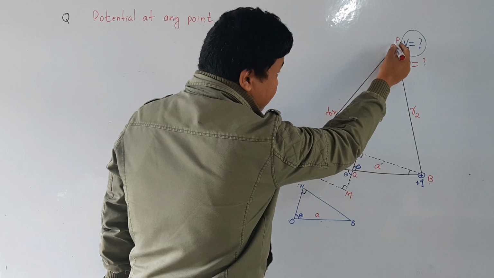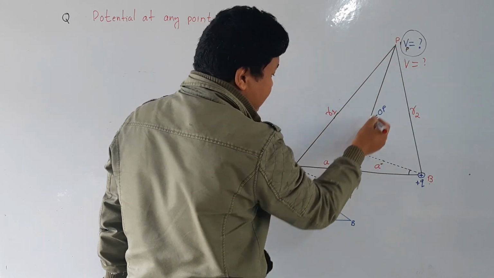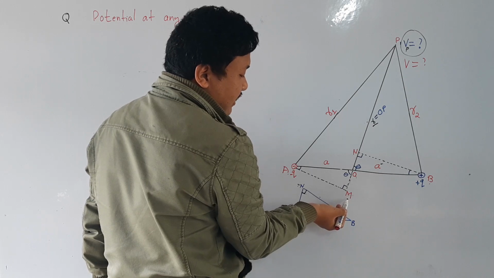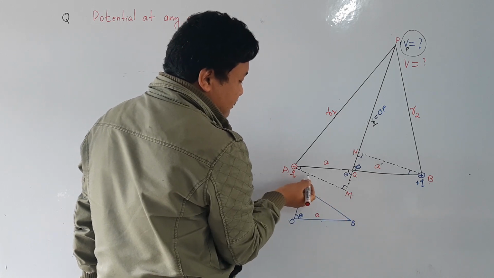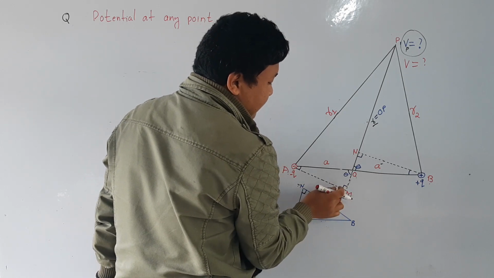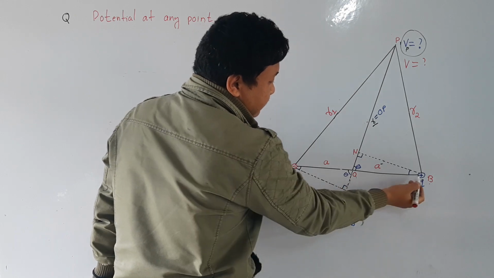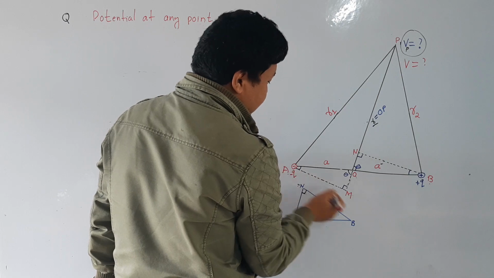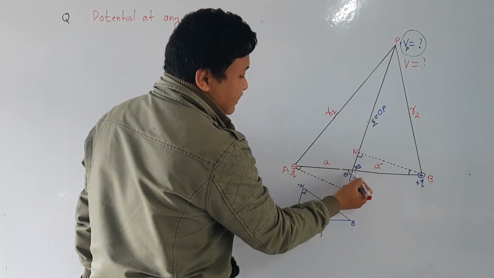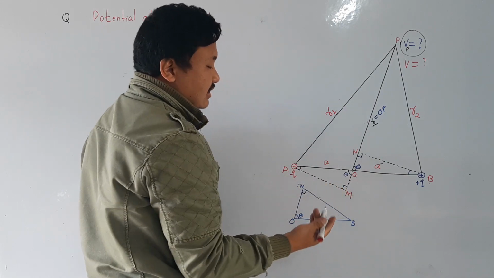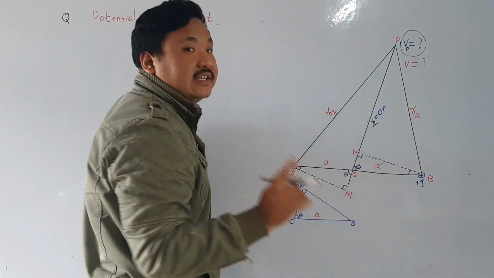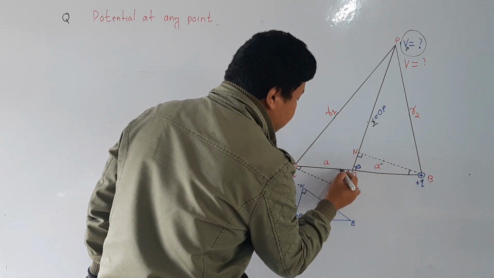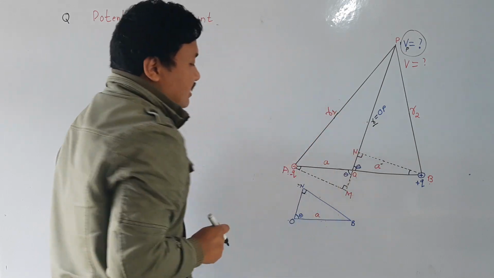And from this OP, I have constructed a dashed line extended to M, and from A I have drawn a line making a 90 degree angle. So this is 90 degrees. From here also, this is also 90 degrees. Okay, BN and AN. So if it is theta, then this will also become theta. Why? Because these two are vertically opposite angles, and vertically opposite angles are equal. So this is theta and theta.